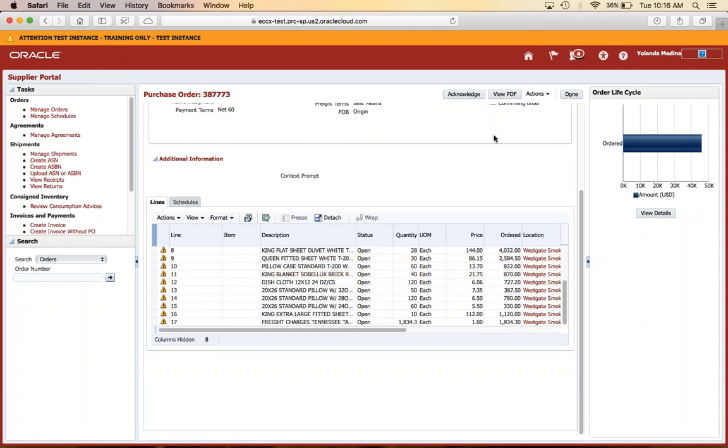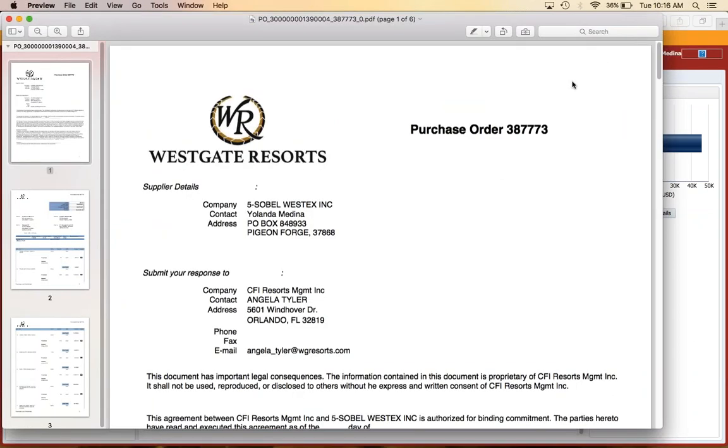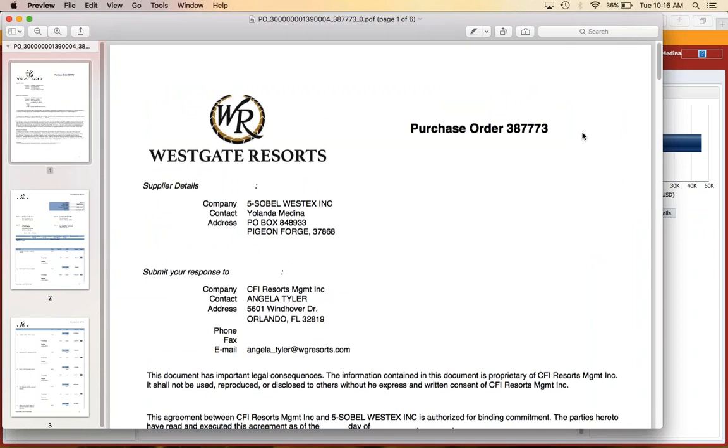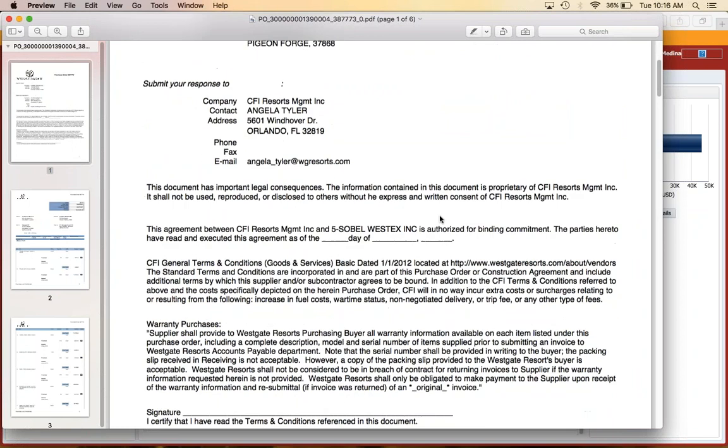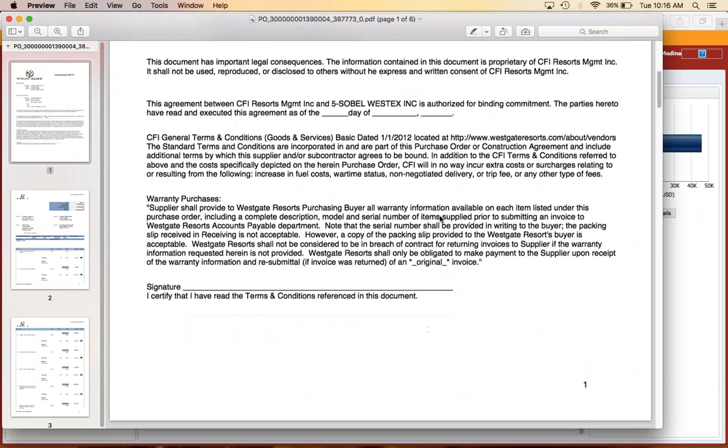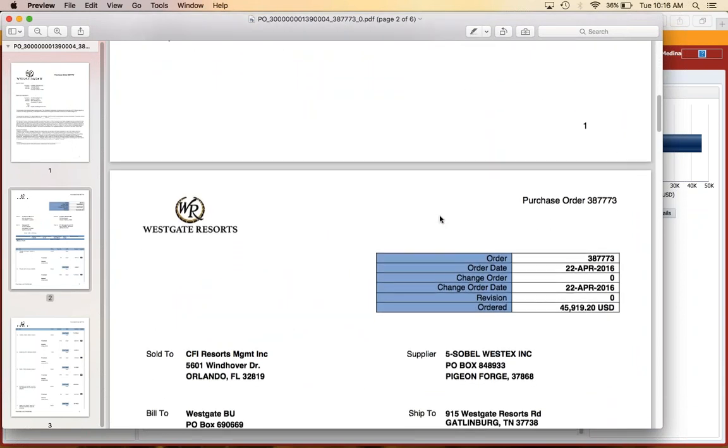At this point, I'll go ahead and open the PDF of this purchase order, if it works. Hopefully it will. And here you see what our purchase orders actually look like. So you see it has the header information there at the top. And I'll scroll down. You'll see the buyer information, terms and conditions, and then we actually get into the actual